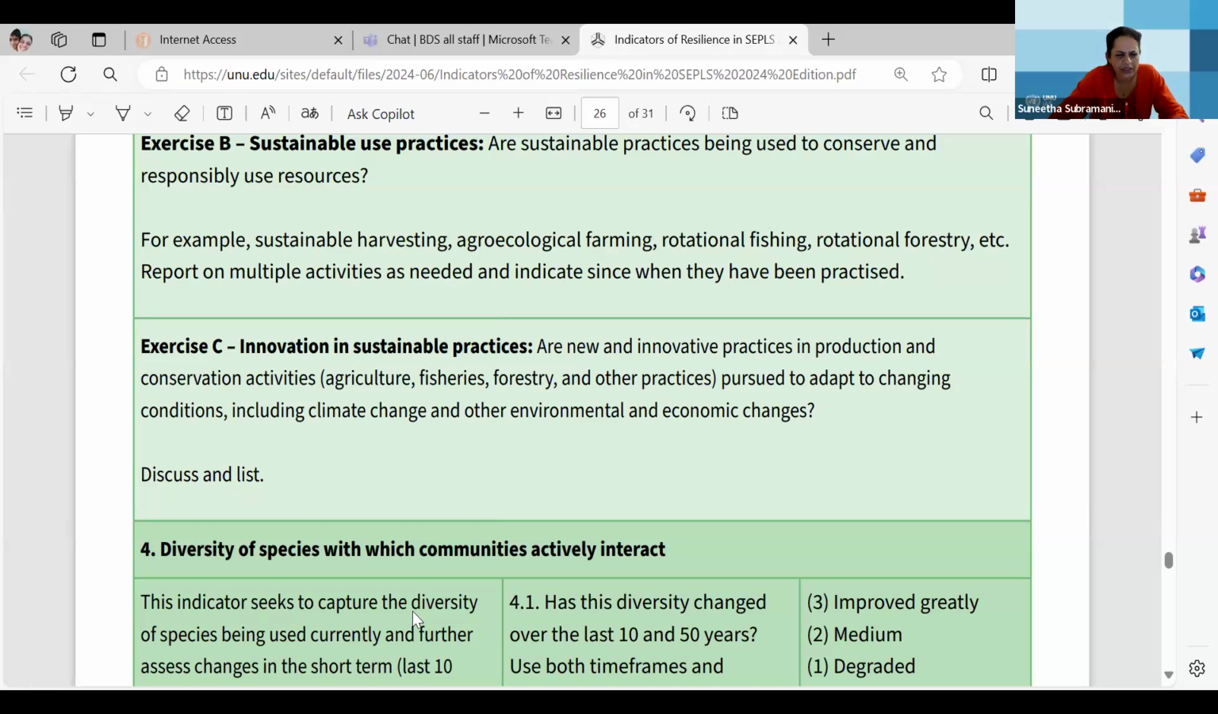And these changing conditions could be natural. So it could be, for instance, climate change. It could be other environmental issues, and also economic and political changes. So these innovative practices, for instance, could be new livelihood activities such as ecotourism, or it could be